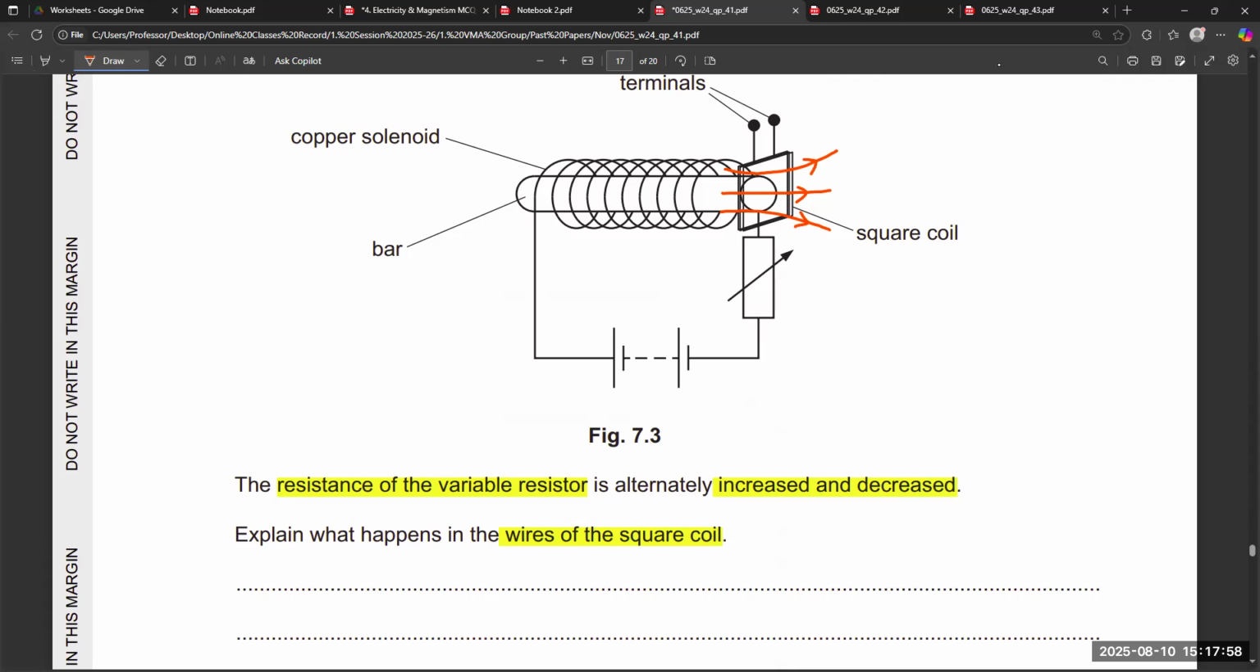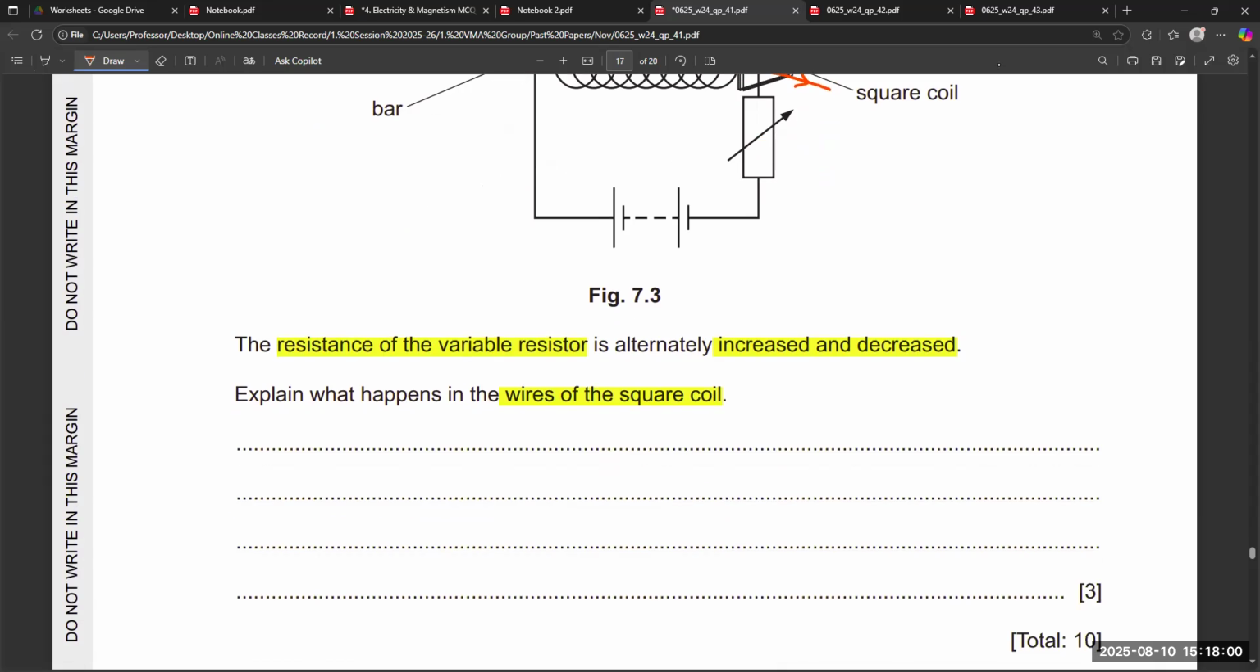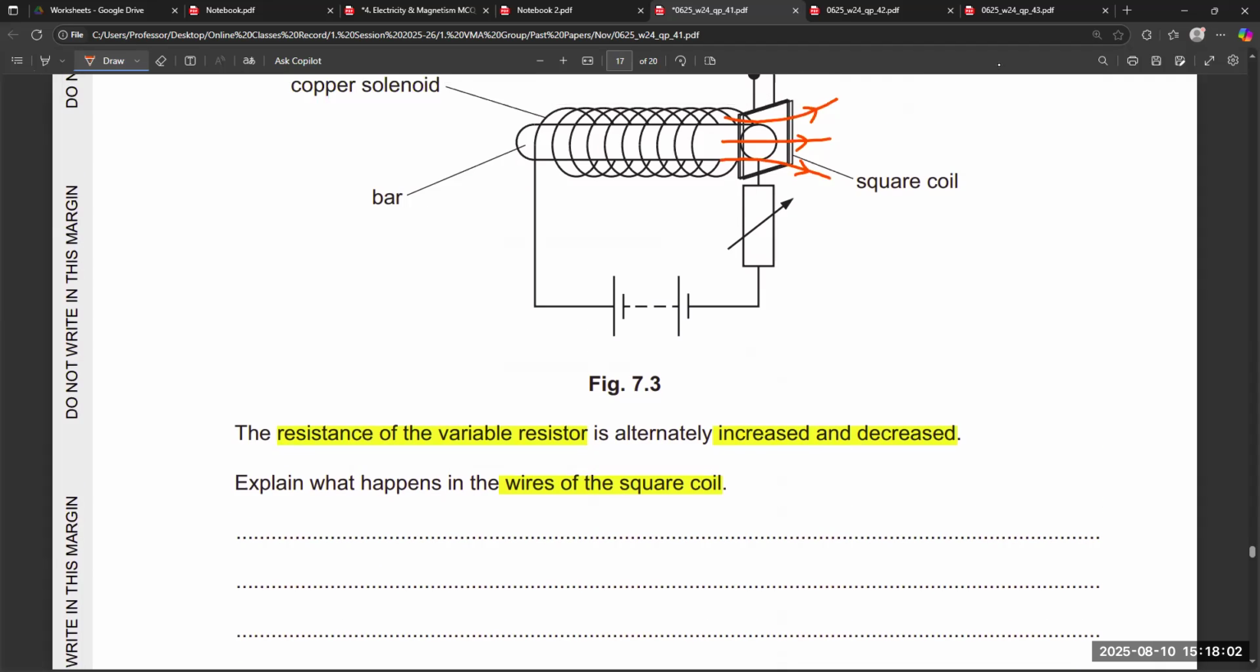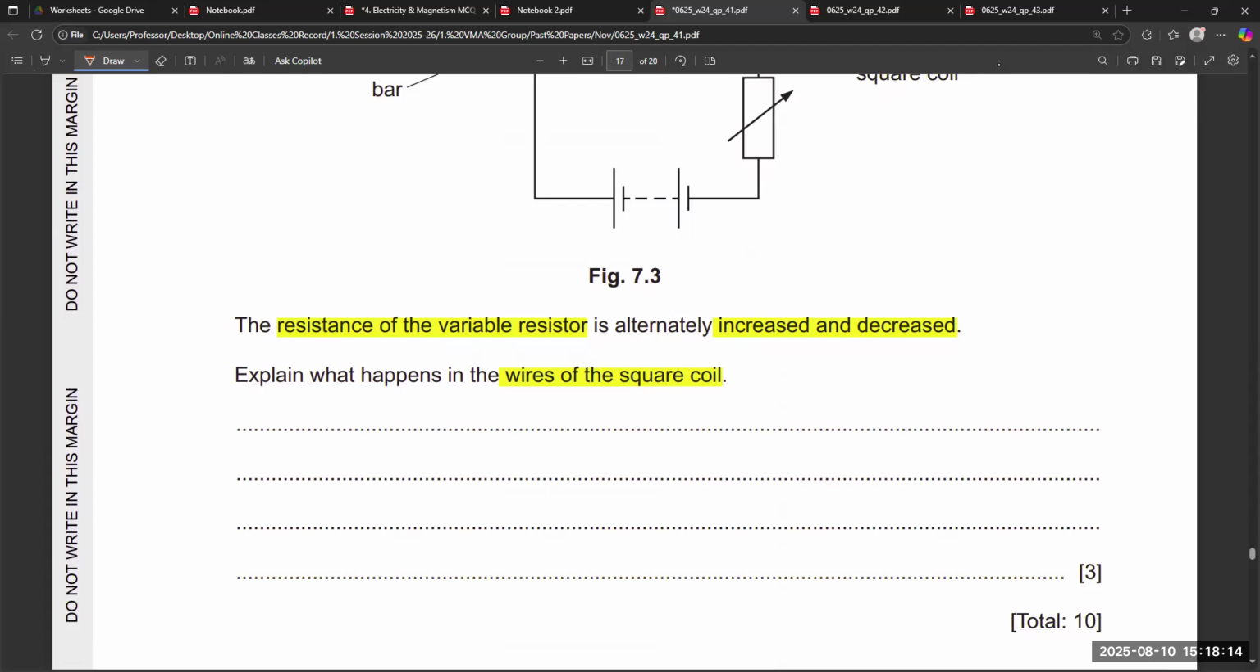So we can see the value of the resistance alternately increases and decreases. It means the value of current also alternately increases and decreases. So there is a change in the value of current. So we can simply say that